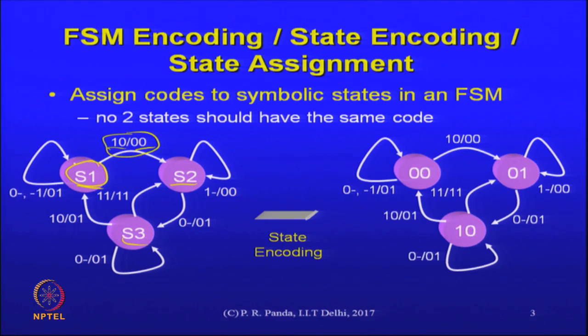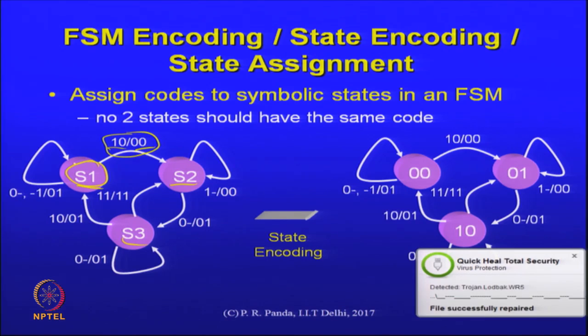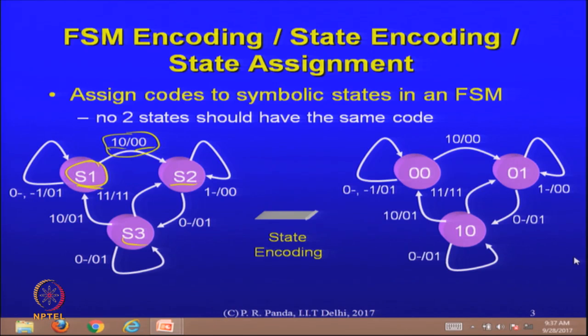In a way, at HLS level, it will be seen as a signal or a variable with a certain size as the bit vector. Yeah, so there are some decisions we need to take as part of the state encoding. The length of that bit vector is one of them, but of course, what is the value that we give to each state is the other one. That is a state encoding problem. This is just a specification of what we do. There is the question of an optimization function. What should be optimized as a result of this action? Clearly, there are many different choices for state encoding. So, that is the FSM encoding problem. Let us define the optimization function a little later, but